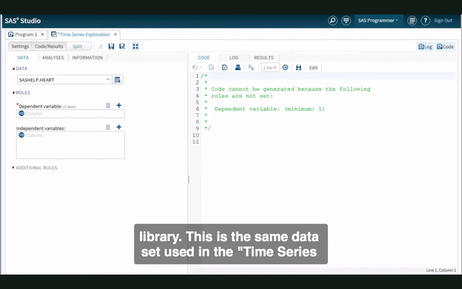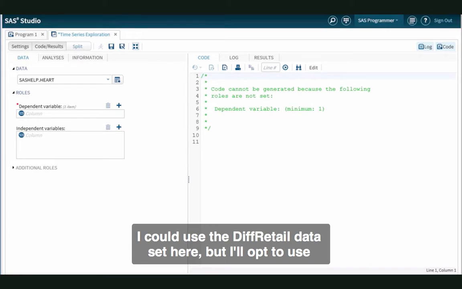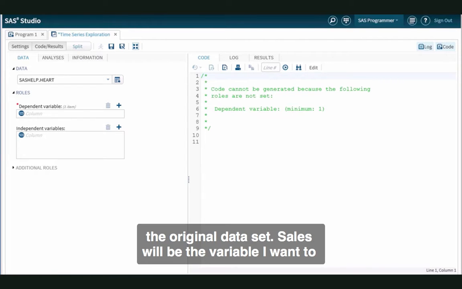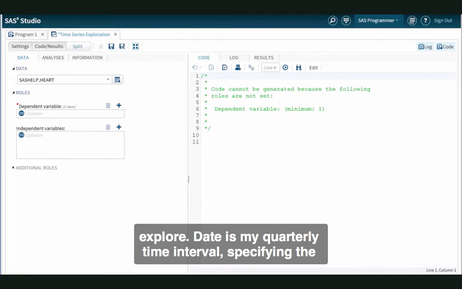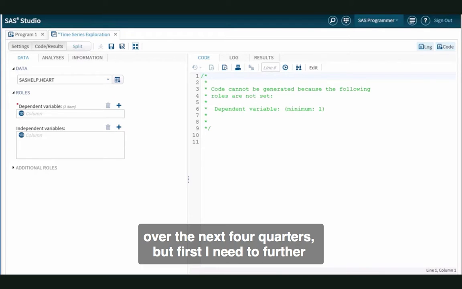This is the same dataset used in the time series data preparation task video to create the diff retail dataset. I could use the diff retail dataset here, but I'll opt to use the original dataset. Sales will be the variable I want to explore. Date is my quarterly time interval, specifying the quarter and year. My objective is to eventually forecast sales over the next 4 quarters, but first I need to further explore my